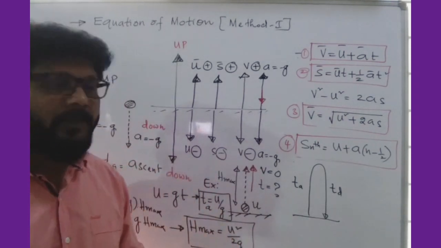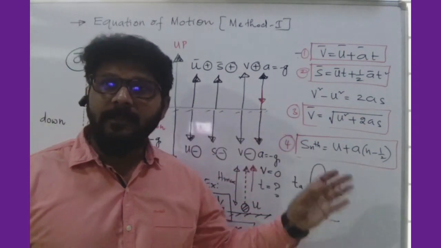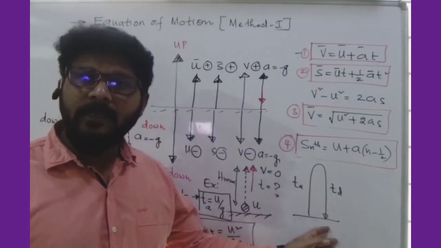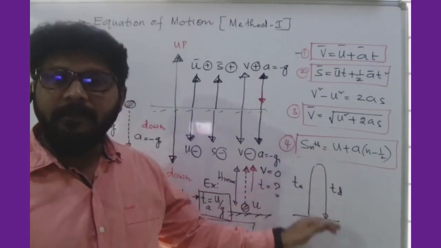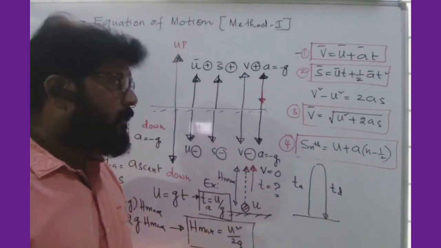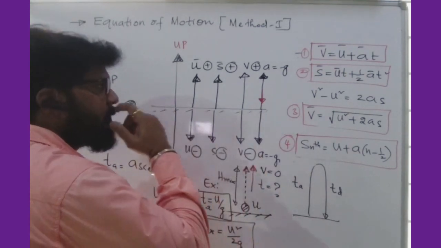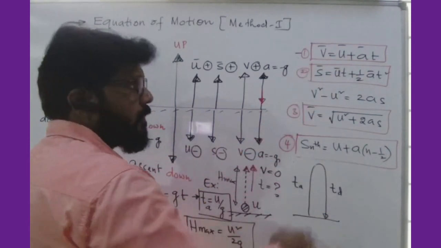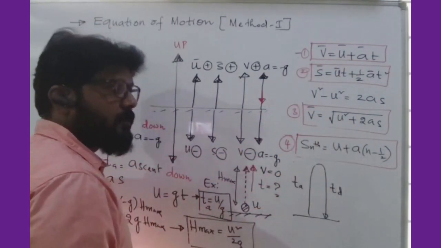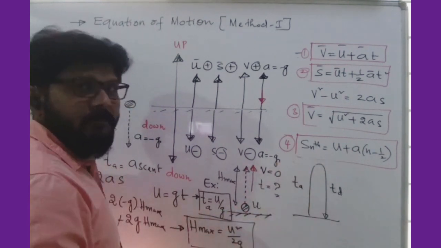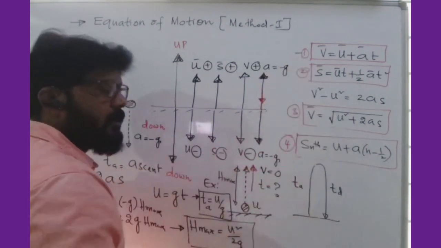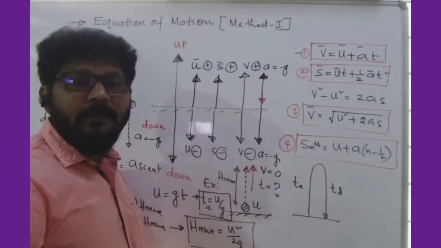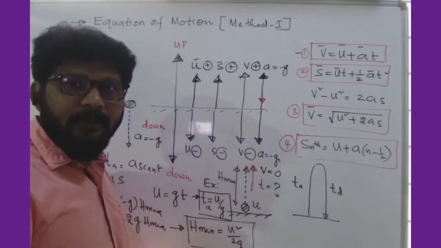With air friction, if you take all these kinematic equations, it goes to a higher level. So if there is no air friction or external force, the time taken to reach maximum height and returning back will be the same. Next, s equals ut plus half at square, or v equals u plus at, and v equals under root of u square plus 2as, or Sn equals u plus a into n minus 1 by 2. These are all applicable under uniform acceleration. Non-uniform acceleration will be learned in coming classes.